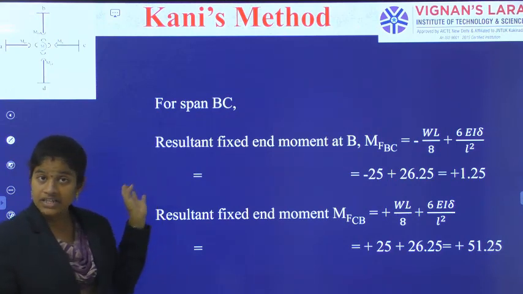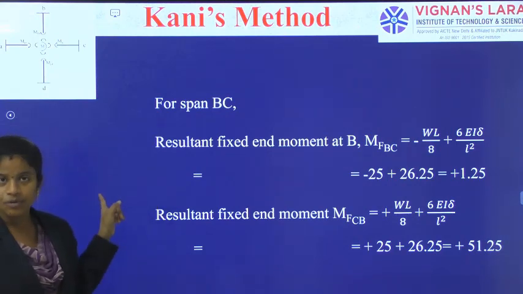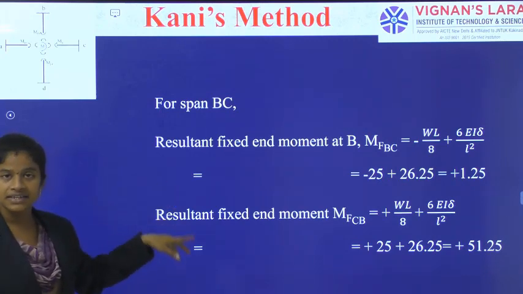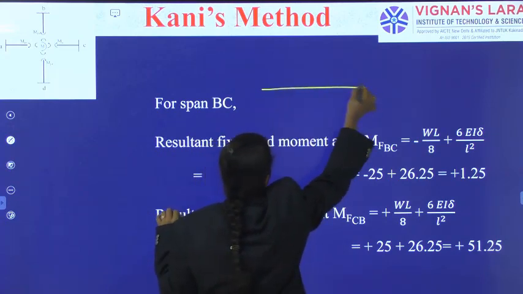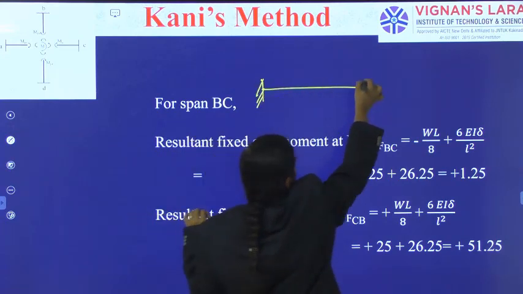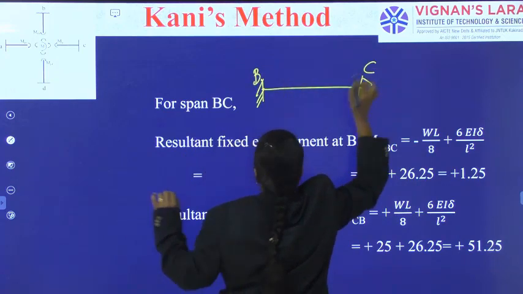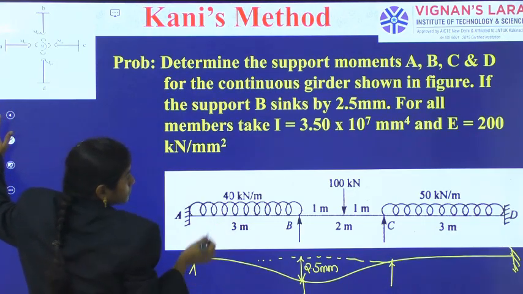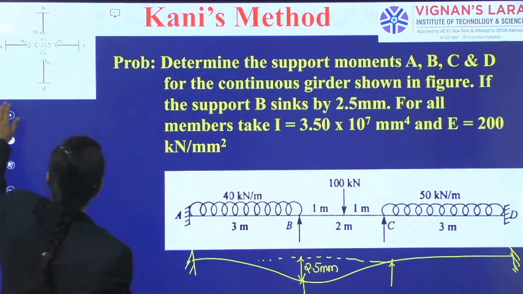Okay. Here I am having span B also. I have not done for all the spans. Only span AB we have completed. Span BC and span CD are also there. Sorry. And for the span BC, if it is a fixed beam carrying a point load of 100 kN over 2 meter at the center,